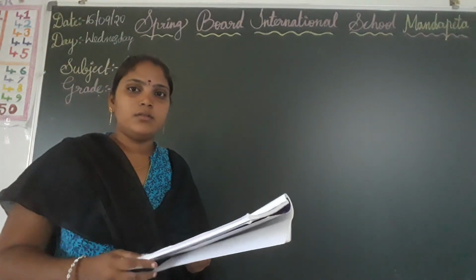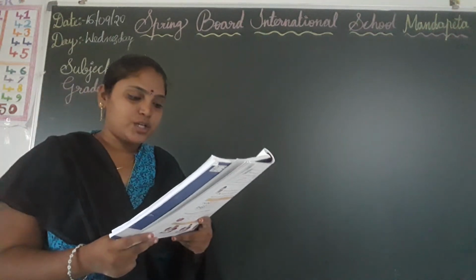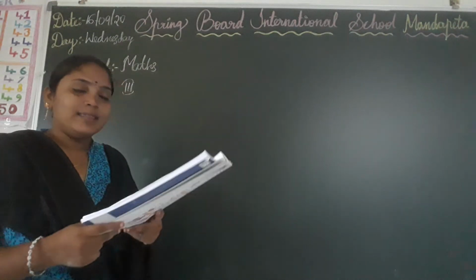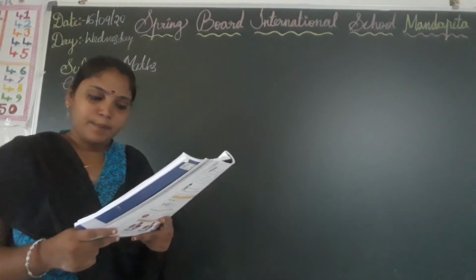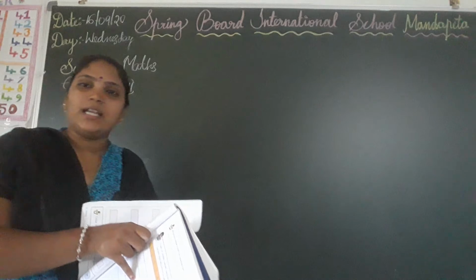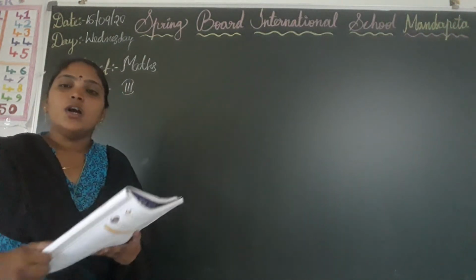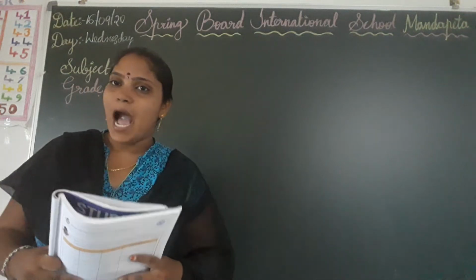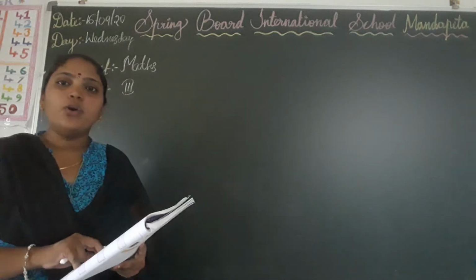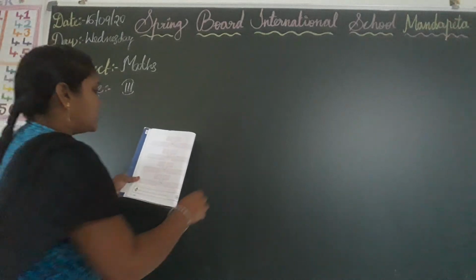Okay children, so now everyone observe 2.8. Now I am reading the question. Write the place and face value of the numbers that are in red. Also write the expanded form of the number. One is done for you. Here one number is given and in that number one digit is colored. So we have to write the place value, face value and expanded form of the number also. Okay, now everyone open page number 2.